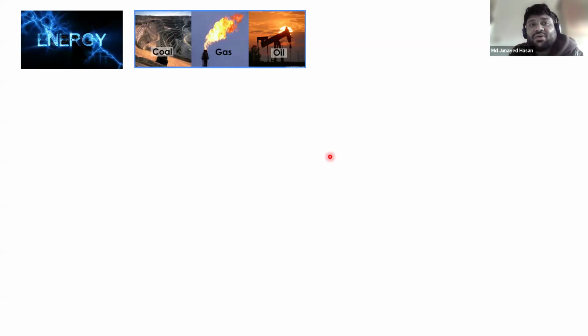There are three major sources of energy: coal, gas, and oil. So how are we relying on energy every day? You are using more electricity, more computing power. Even nowadays, we are trying to drive electric vehicles, right? That needs a battery, and you charge it. Before that, people were commuting a lot, so they used fossil fuel. Fossil fuel is gas and oil.